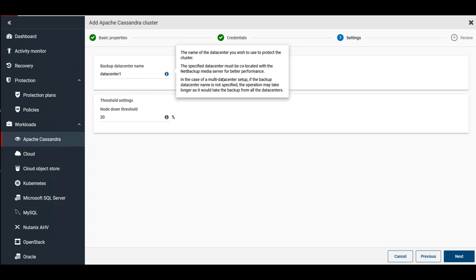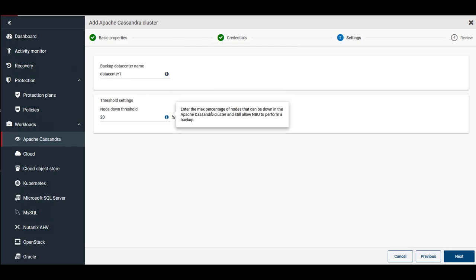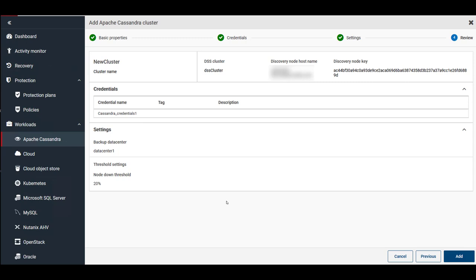Enter the name of the data center that you wish to use to protect the cluster. Node down threshold is the maximum percentage of nodes that can be down in the Apache Cassandra cluster and still allow NetBackup to perform a backup. Click on Next to review the details and then click on Add to add the cluster.